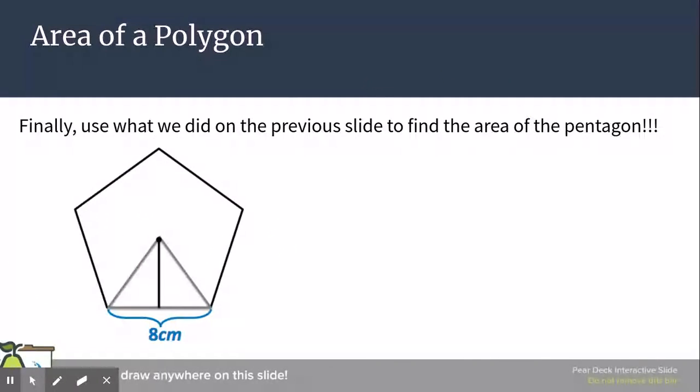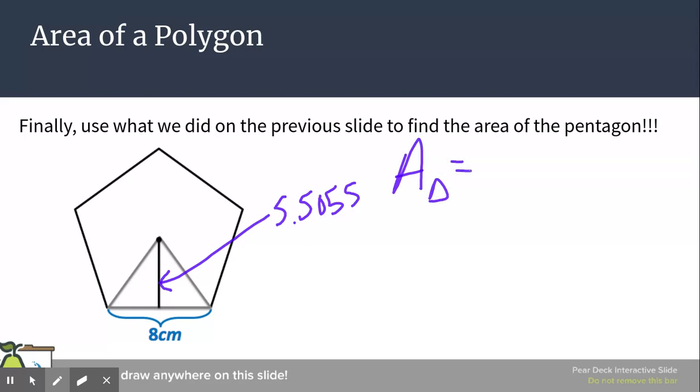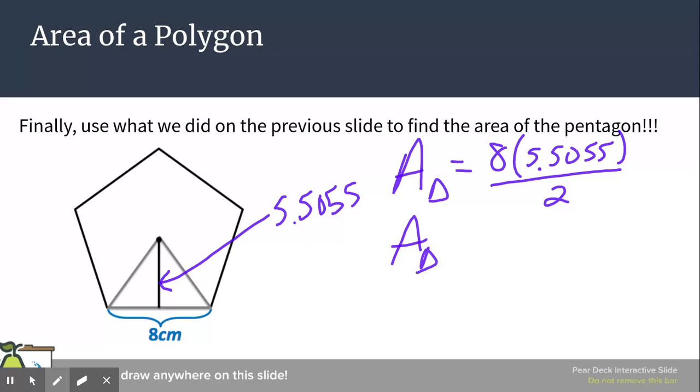So let's see if we can figure this out now. We found that this height was 5.5055. So the area of my triangle would be 8 times 5.5055 divided by 2. Base times height divided by 2. So times 8 divided by 2. I got the area of the triangle to be 22.022, rounded correctly to 3 decimal places. Area of my triangle is 22.022 centimeters squared, if I want to throw a label on there,